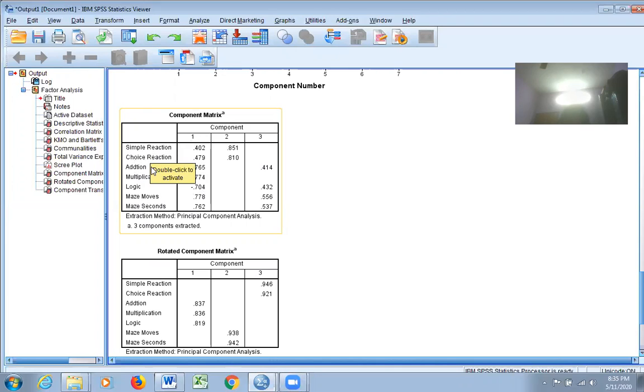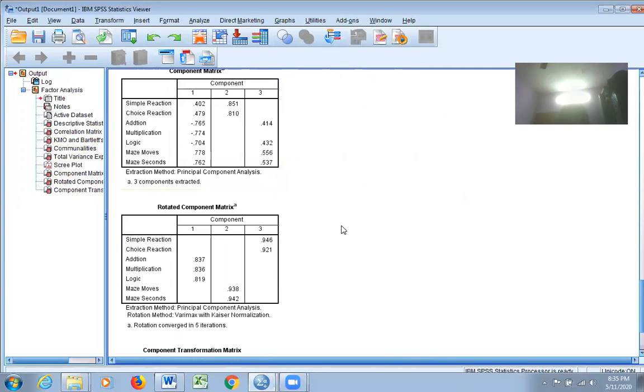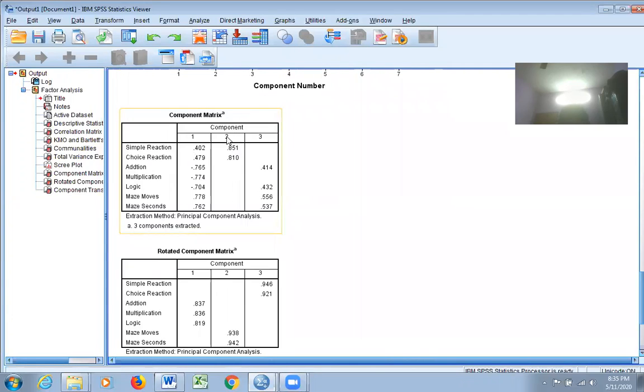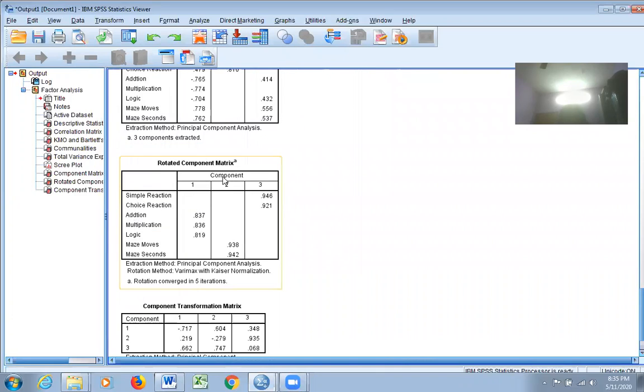Only 2 variables have loading on factor 2. And there are 4 variables which have loading on factor 3. But here I have selected Varimax rotation. This is the picture before rotation. After rotation, you can get a clear picture of which variable gets loading on which factor.